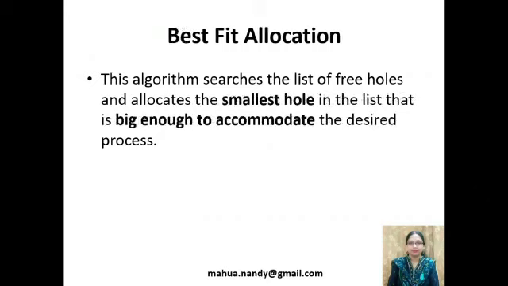Best fit algorithm takes care of memory storage and searches the list by comparing memory size of the process to be allocated with that of free holes in the list. The smallest hole that is big enough to accommodate the process is allocated. The best fit algorithm may be better in terms of wastage of memory space, but it incurs cost of searching all the entries in the list. This is an additional overhead to the operating system.